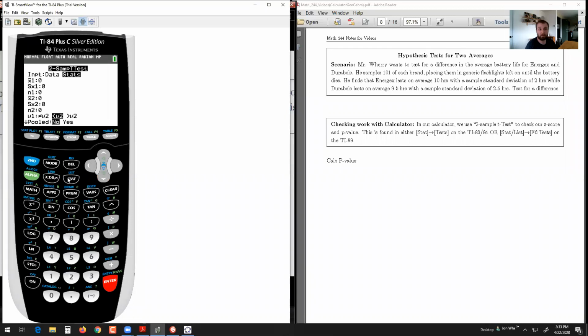I have the option of either doing summary statistics or raw data. I have summary statistics here. My values were 10, 2, and 101. My values were 9.5, 2.5, and 101. And I'm testing for a difference. Just to show you what happens if you pool, and I typically choose the option for not pooling here. So I end up with a p-value of